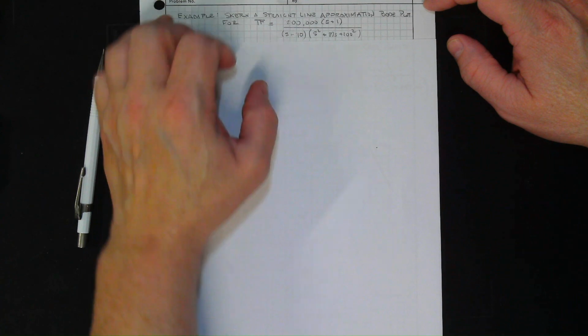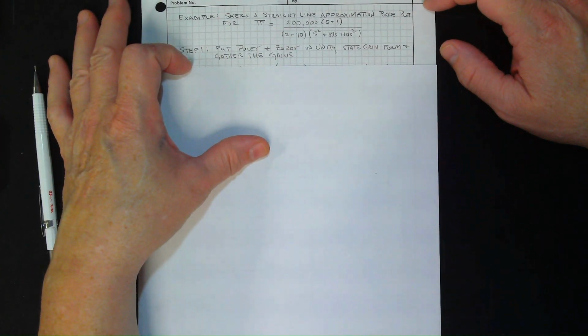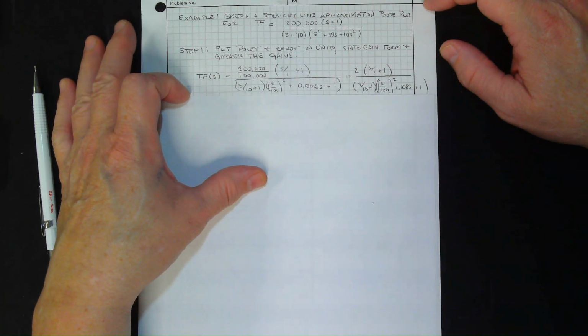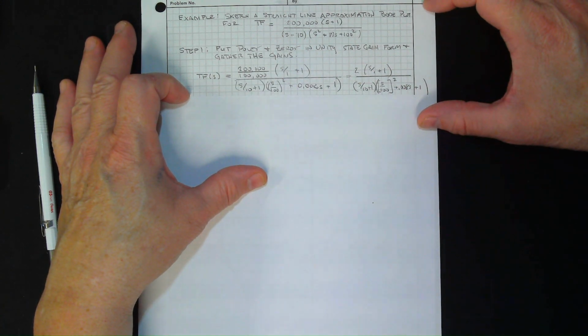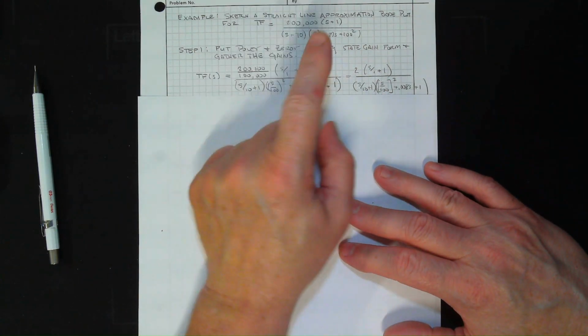All right. So there's a process to doing this. If you're going to do this, you need to follow the steps I'm showing you. And so the first step is to get everything in the unity static gain form. And that we're going to see right here. All right. So what am I going to do here? Here I got a